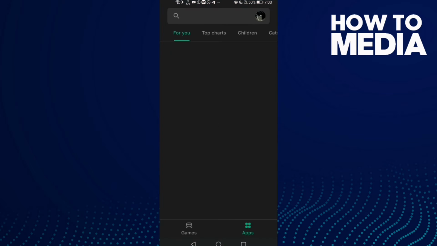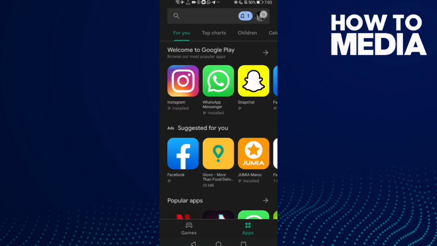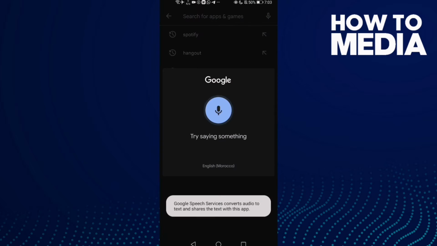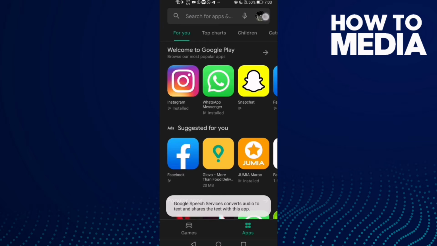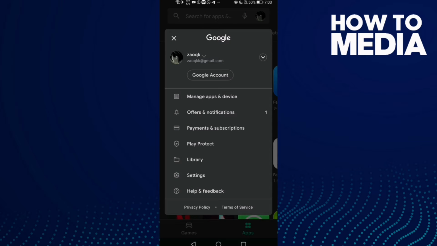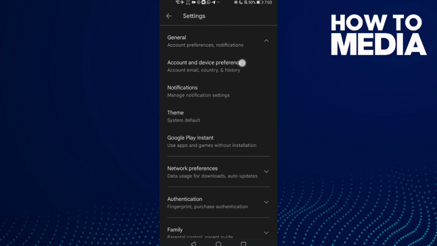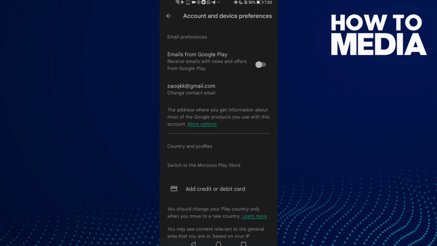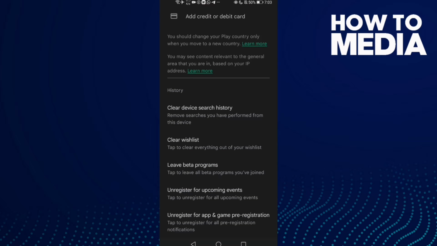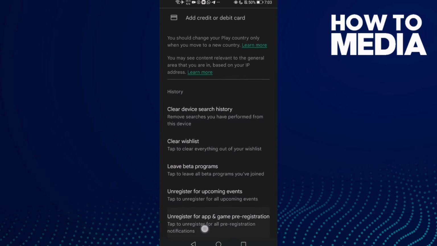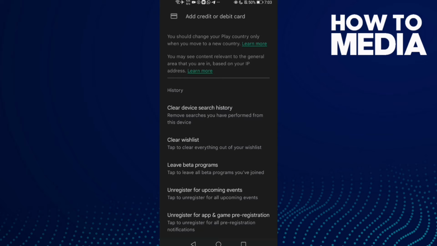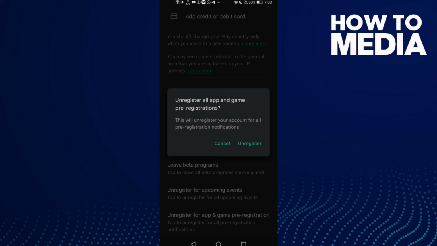First go to Play Store and then click on your profile here. Click here on your profile and then click settings and then general and then this one, and now click this one and register for app and game registration. Click on it and then unregister,